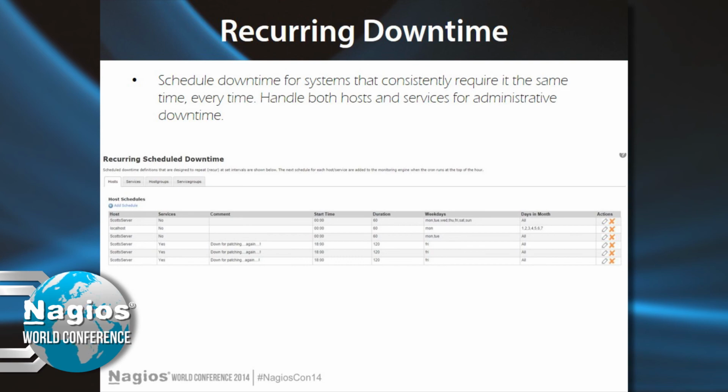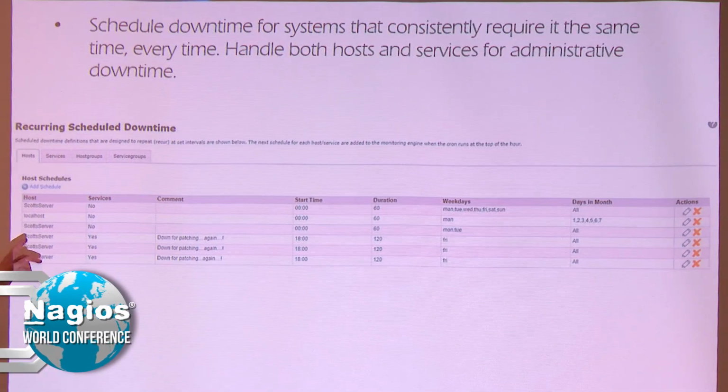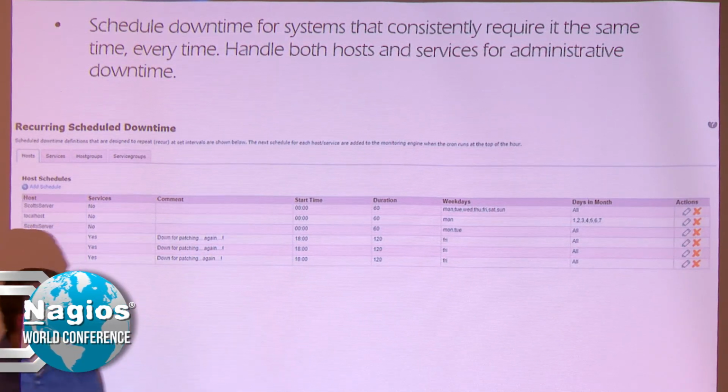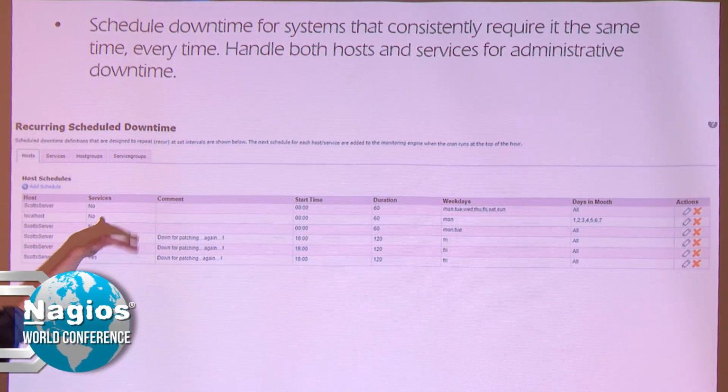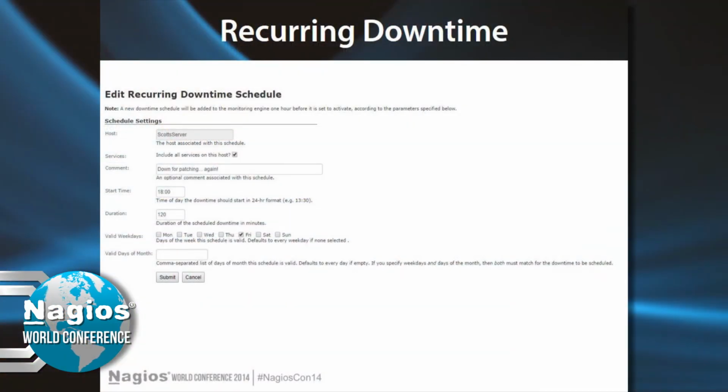Recurring downtime with XI allows you to set this up once for one host. And as an example here, we've got a Windows server. This is Scott Wilkerson's box at our office. It's down for patching again. And just a really basic example here, we can see the ones that we've already got set up. And on the next page here, this allows us to essentially say,